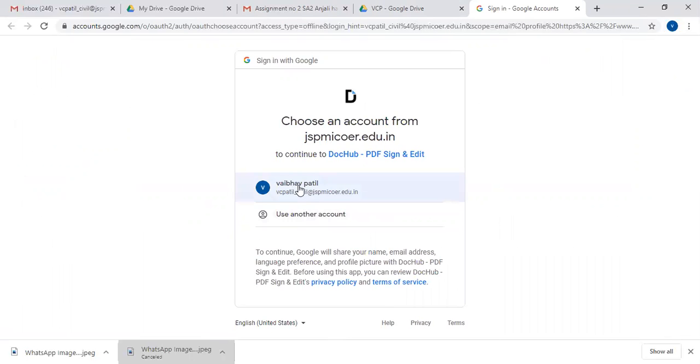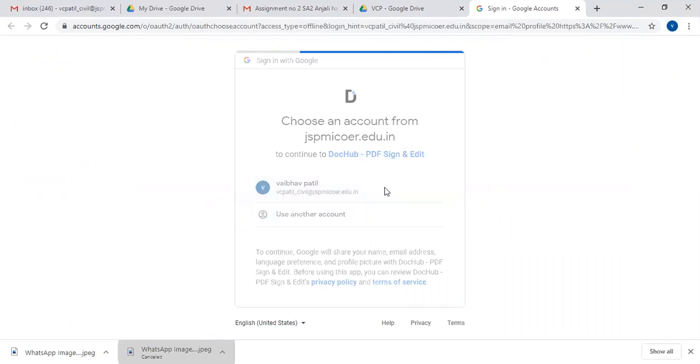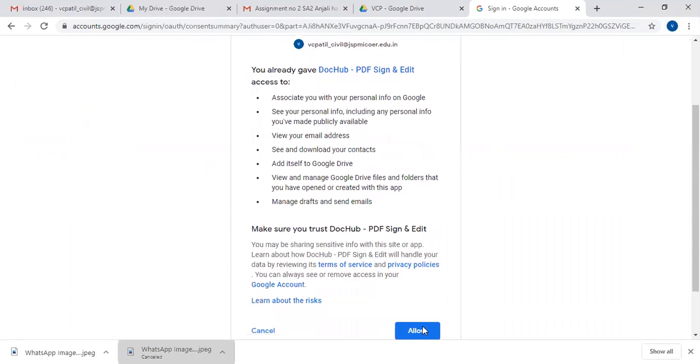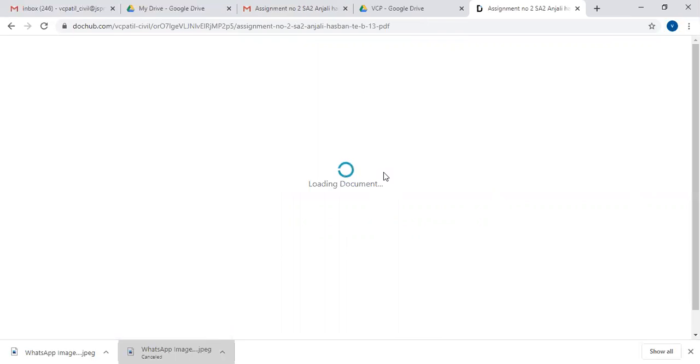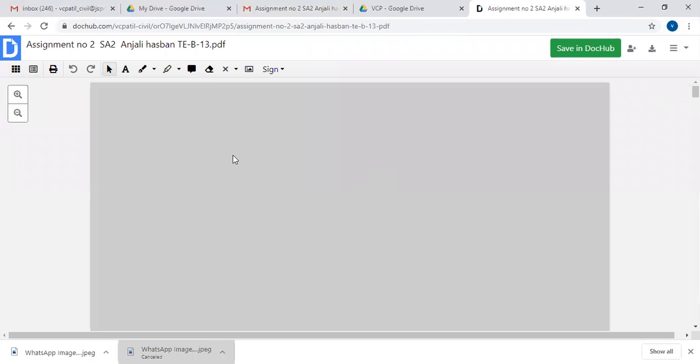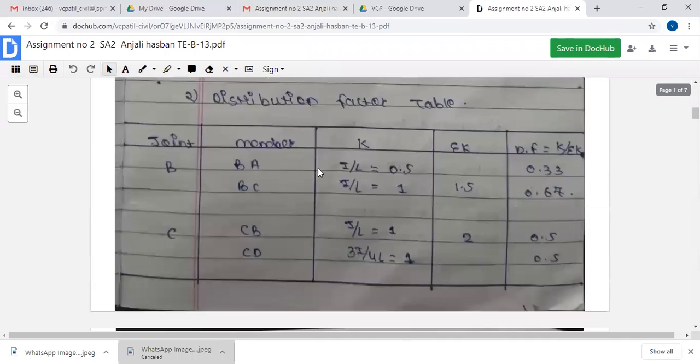Again they are asking for the same, so select the email ID, then allow it. This is the platform of our app Doc Hub, and here the PDF is to be observed like this.